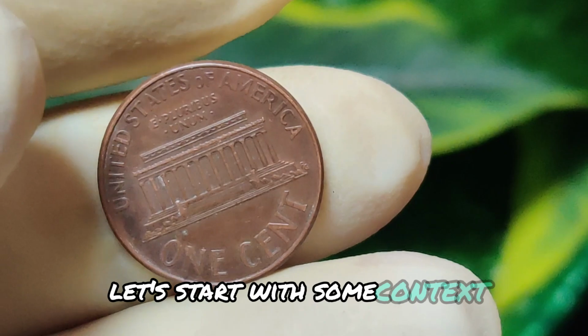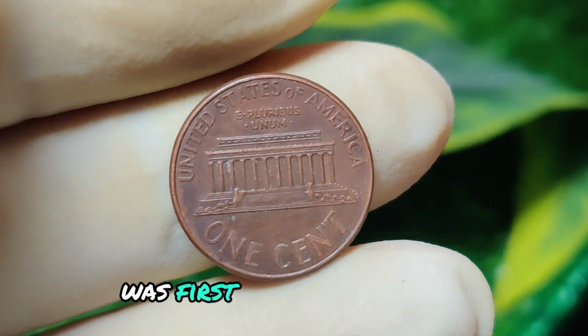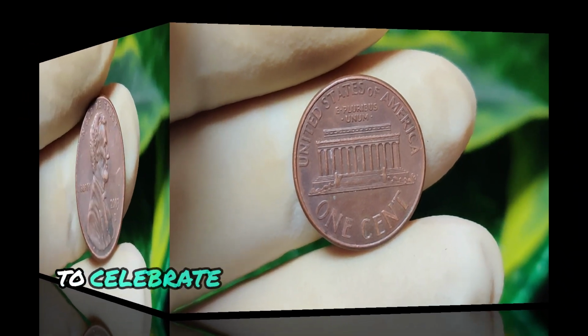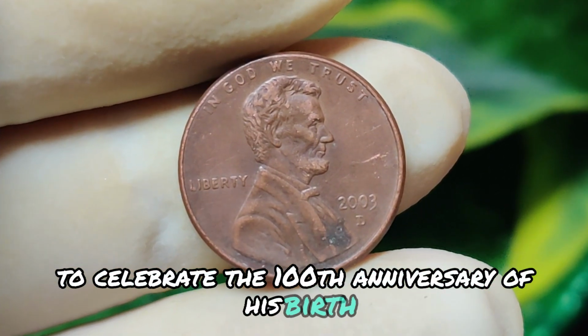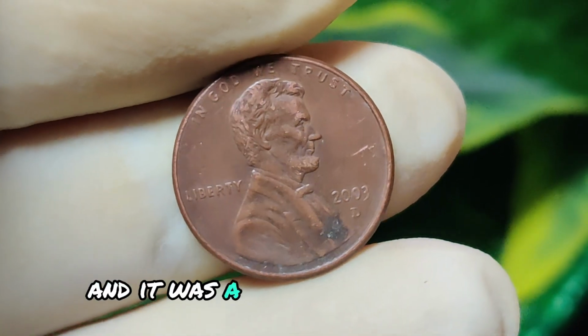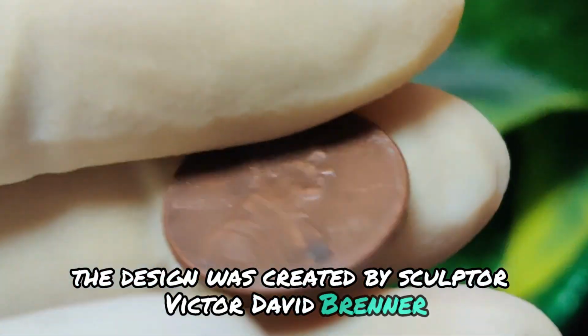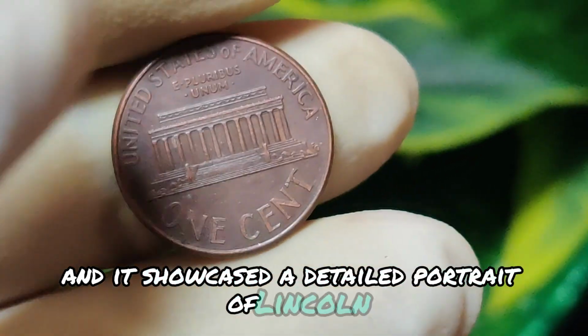Let's start with some context. The Lincoln cent, featuring President Abraham Lincoln, was first introduced in 1909 to celebrate the 100th anniversary of his birth. This was the first U.S. coin to feature a real person, and it was a big deal at the time. The design was created by sculptor Victor David Brenner, and it showcased a detailed portrait of Lincoln that has become